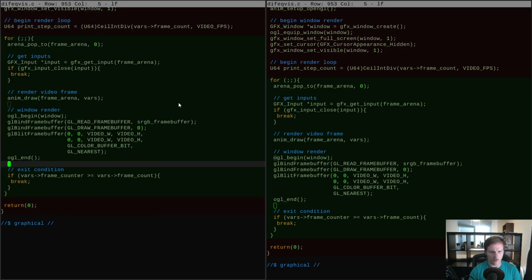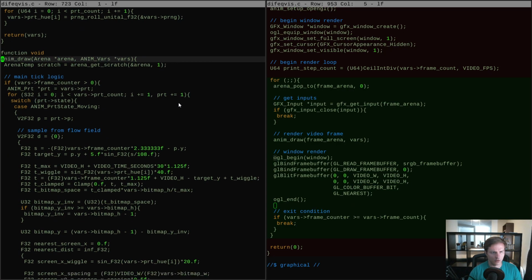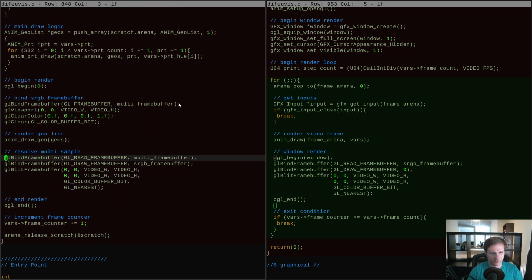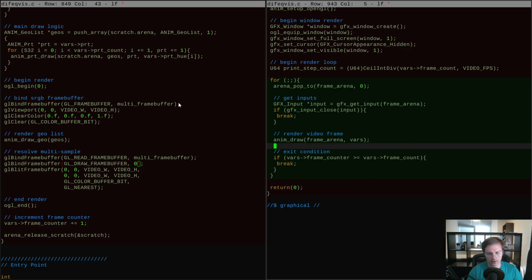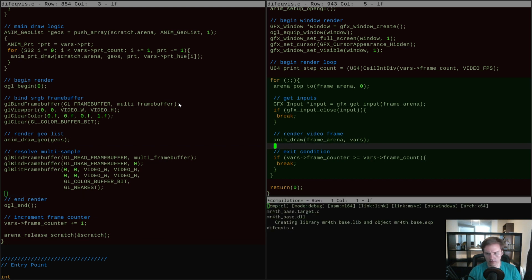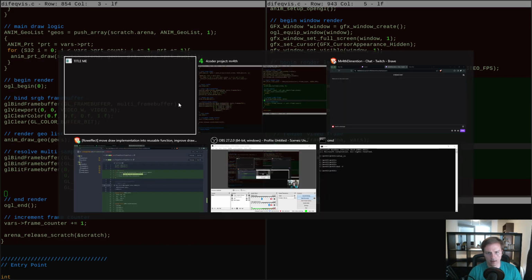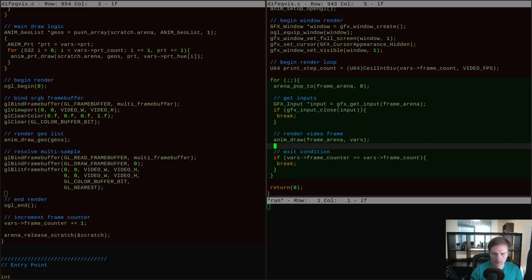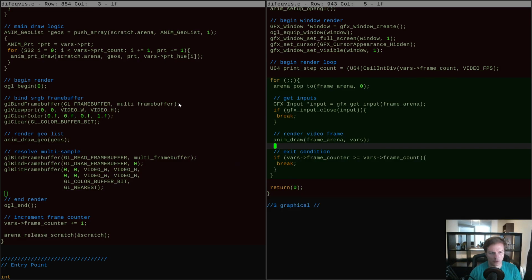Right, so anim draw is saying go to sRGB frame buffer. I'm going to say we don't need that anymore because we're not doing the thing anymore where we read pixels out. So why bother skipping the window? Why bother resolving twice here? Let's just have it go straight to the frame buffer. And that's not quite right. Okay,